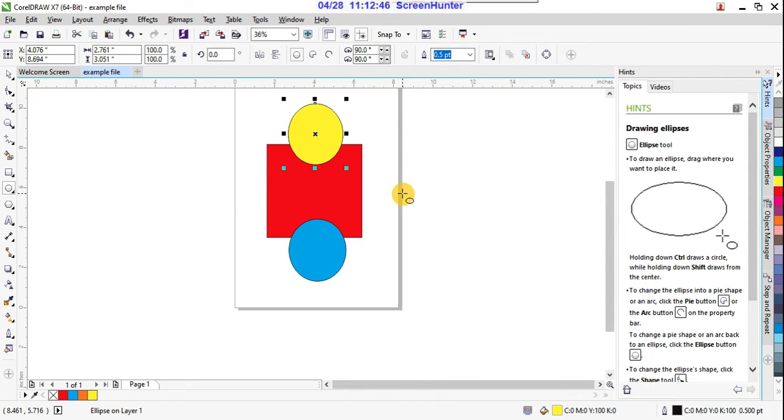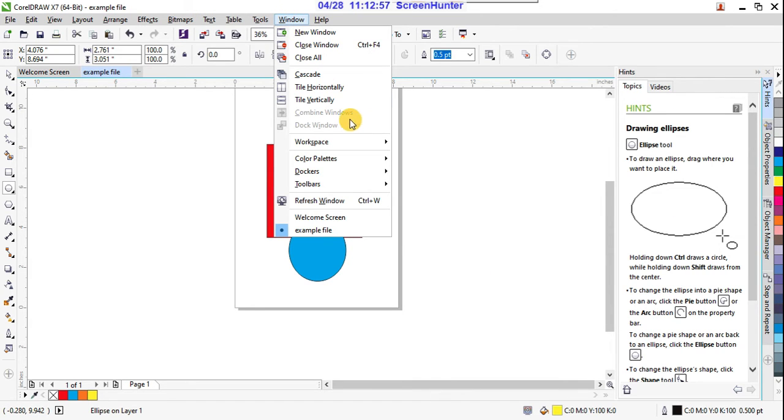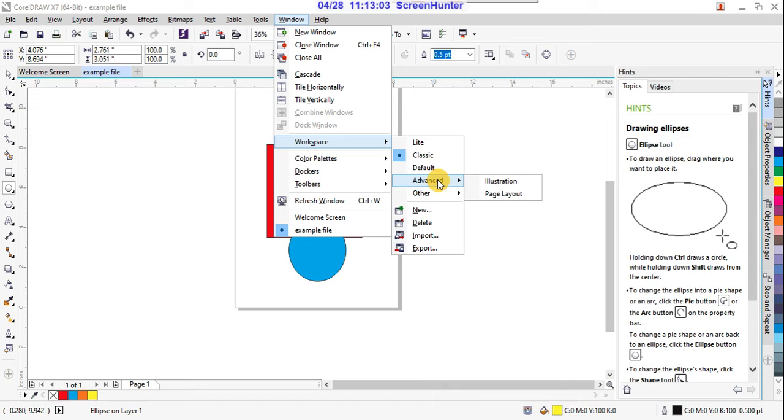So this is about the simple interface, right? And here if you observe, suppose in Window here workspaces are there. So it is showing Light, Classic, Default, Advanced, in Advanced again Illustration and Page Layout, and suppose Other. So suppose it is showing in default classic.